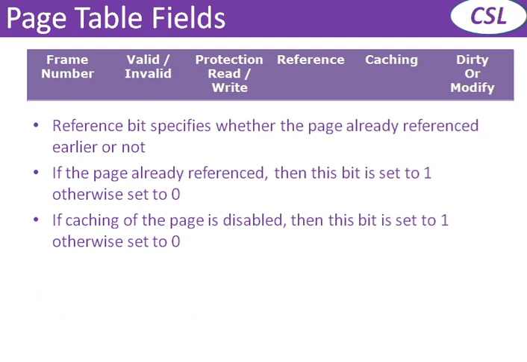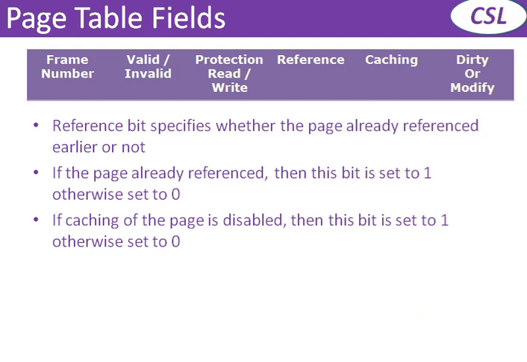Next, caching. We know caching is generally used to speed up data access. Whatever data the CPU wants to access frequently, we keep in a buffer, and instead of going to the primary memory, we go to that buffer and get the data. That is actually the caching concept.